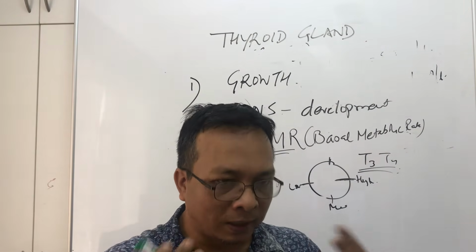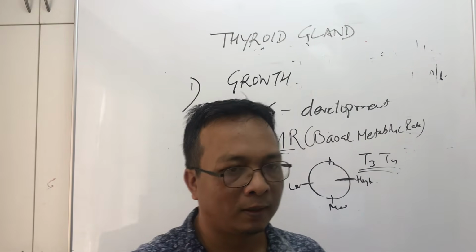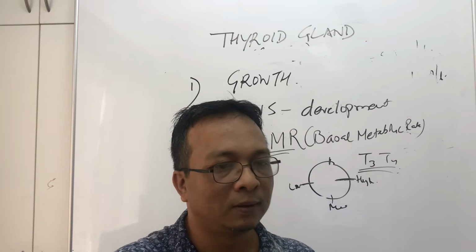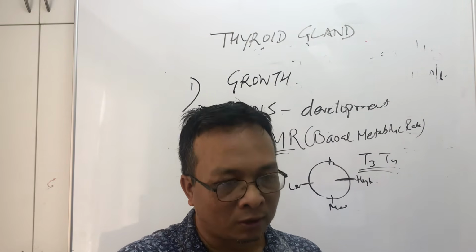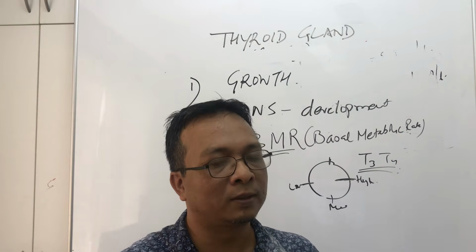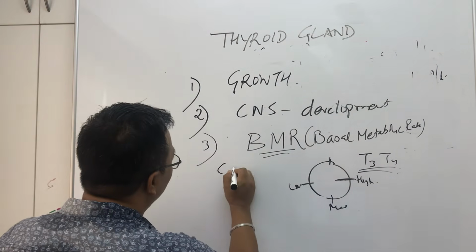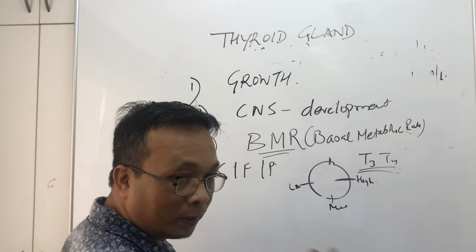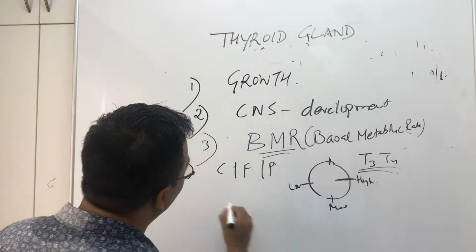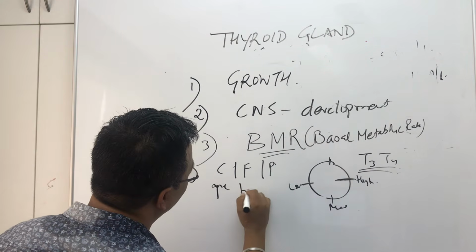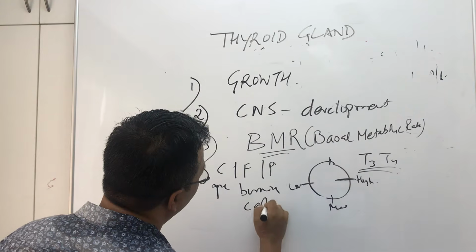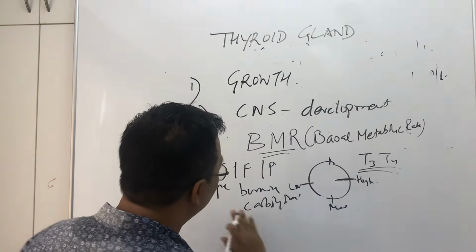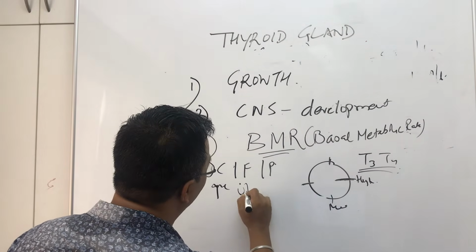Just like the kitchen, in our cells we have mitochondria, right? Mitochondria is the powerhouse. It utilizes oxygen, like you use the gas, and it burns the food. What are the food components? Carbohydrates, fats and proteins. So when thyroid hormone is secreted more, T3 and T4 will be more, and there will be increased burning of this fuel, increased burning of carbohydrate. Increased burning of carbohydrate means you are cooking on a high flame. We don't say burning, but we say increased utilization of glucose.